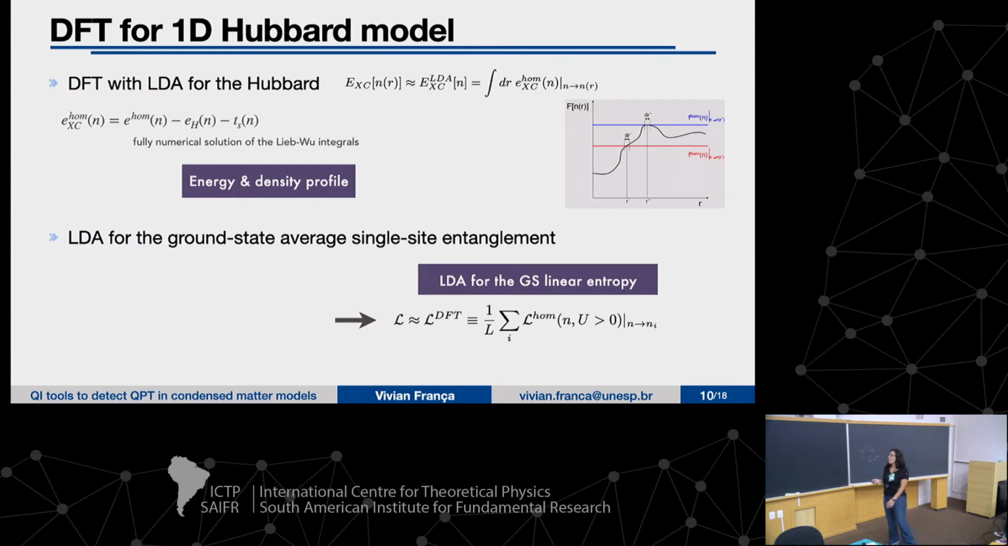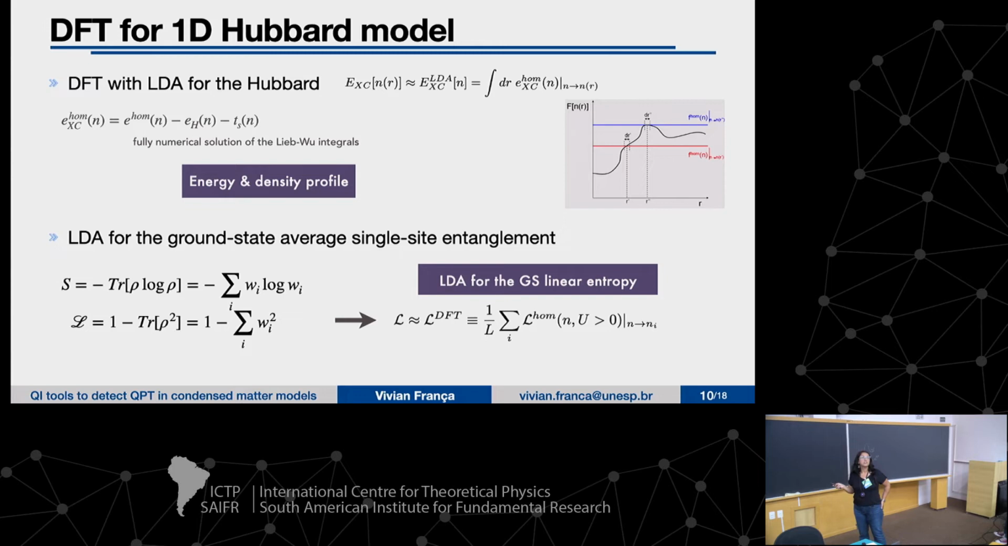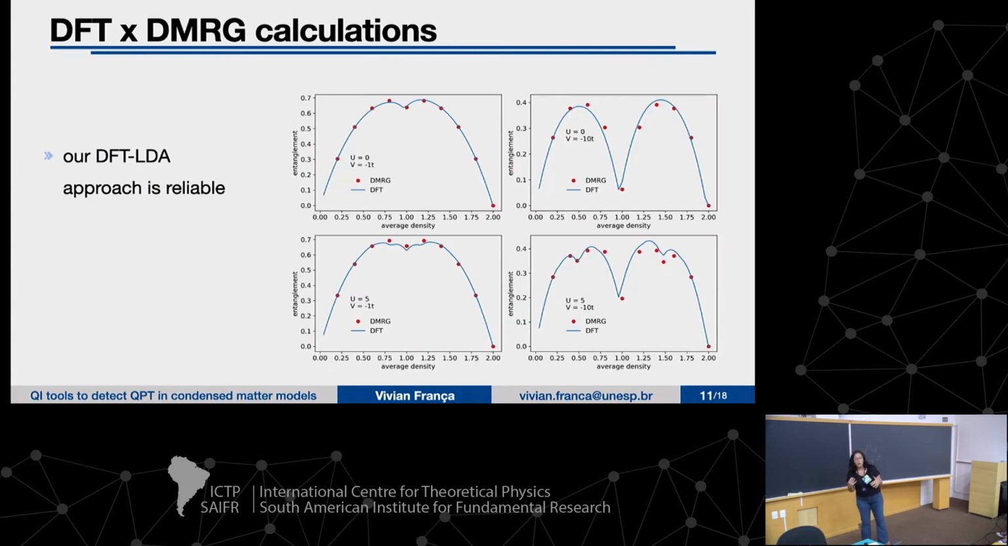Now, for getting the entanglement, we do a similar procedure, but now for those two measures that I mentioned before, the von Neumann entropy and the linear one. Essentially, we use information for the homogeneous system as an input, and then by plugging in here and replacing the homogeneous density by the inhomogeneous one, we have a way to calculate these entanglement measures for the inhomogeneous system. Okay, all of that to say that it is an approximated method,